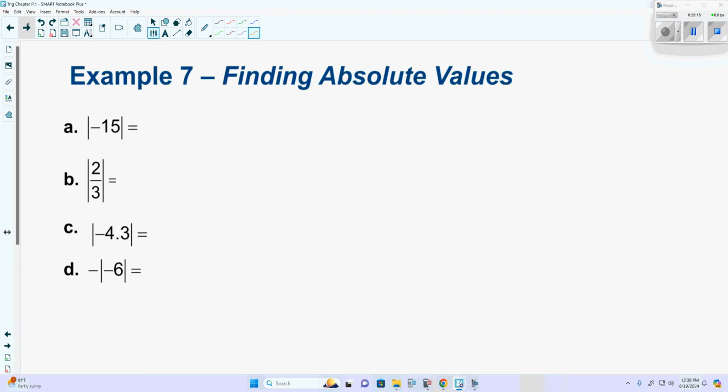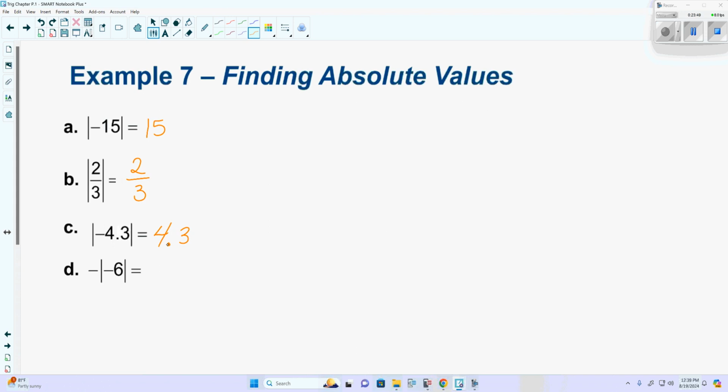All right, Jessica. Hey, absolute value of -15. It would be 15. Brooklyn, absolute value of 2/3. Yes. Molly, the absolute value of -4.3. Yes. Abby,